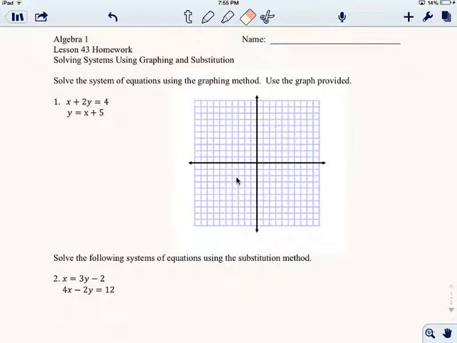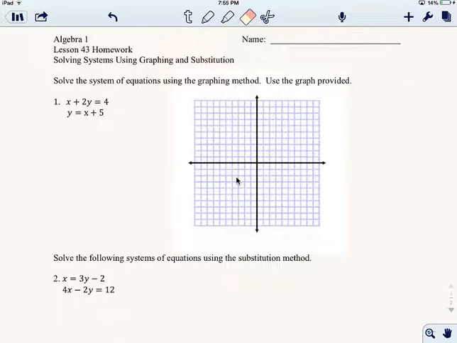Hey guys, this video is going to be about solving a system of equations using the graphing method. Now, to demonstrate this, I've chosen to go ahead and do number 1 on the lesson 43 homework. This is a good example of a time when we need to use the graphing method to solve this system